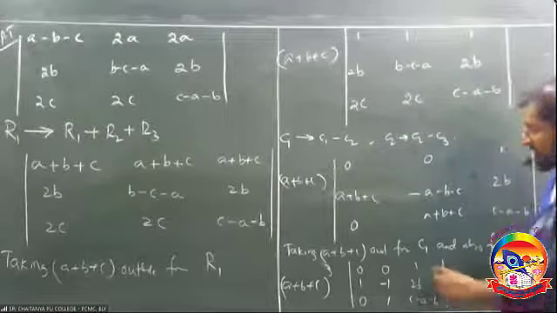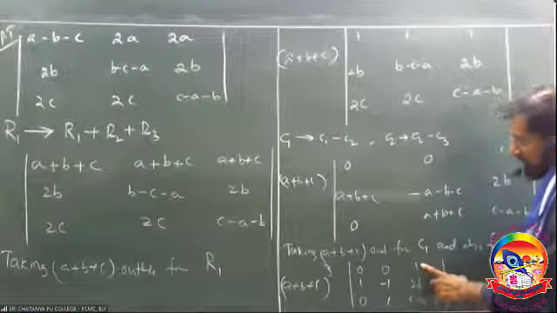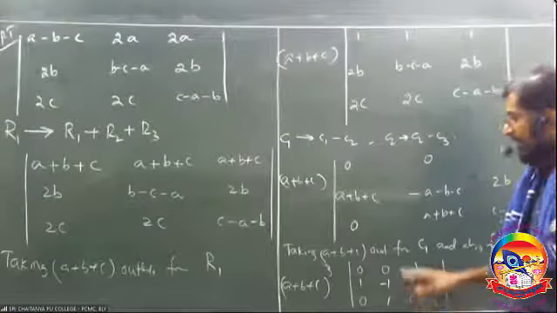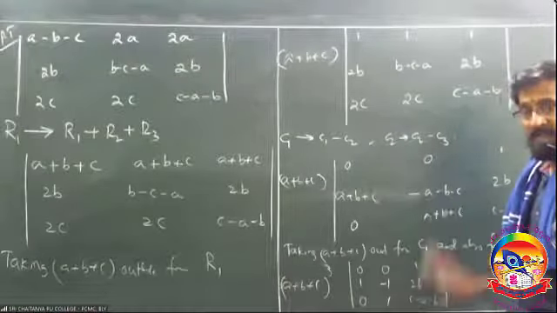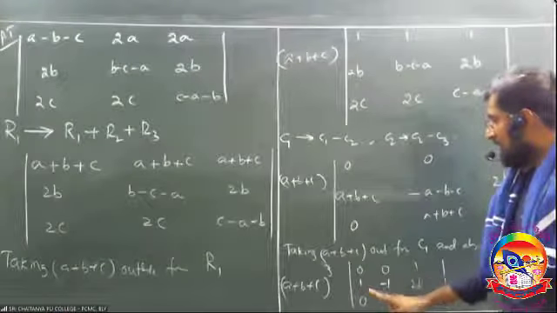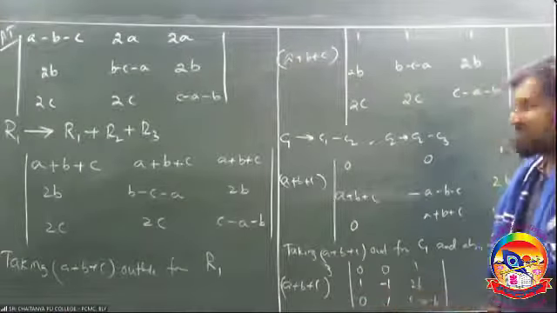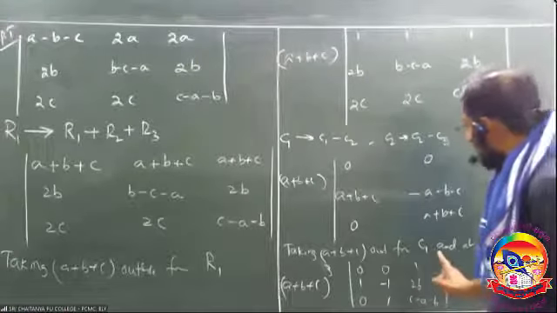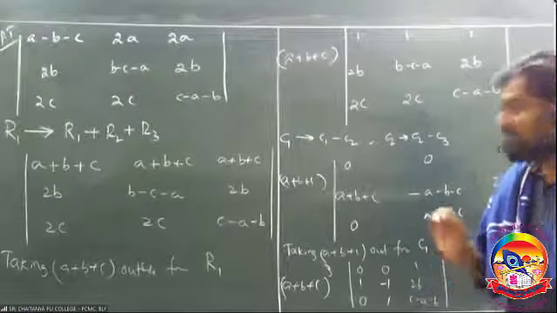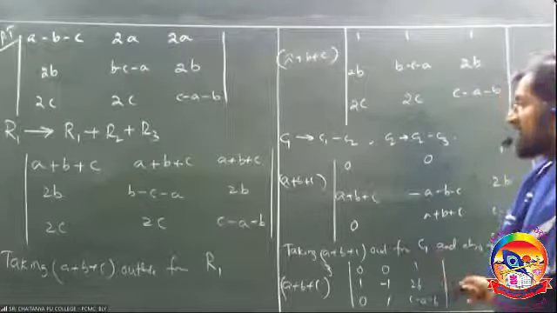Now, just this one, as usual, 0 into anything is 0, minus 0 into anything is 0, plus 1 into this column, this row gone. 1 into 1, 1 minus 0 is obviously 1. So the entire determinant becomes 1. Therefore, it becomes A plus B plus C whole cube. After this step, you should write that one. Copy it.